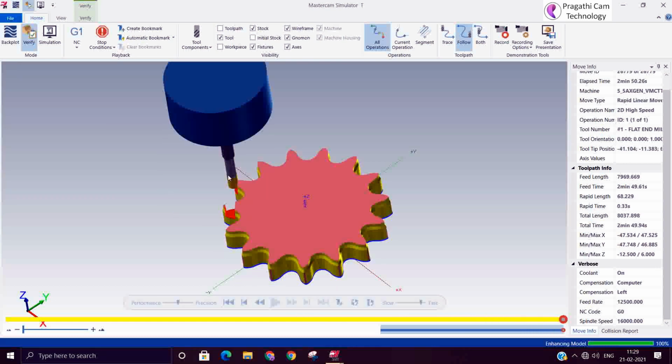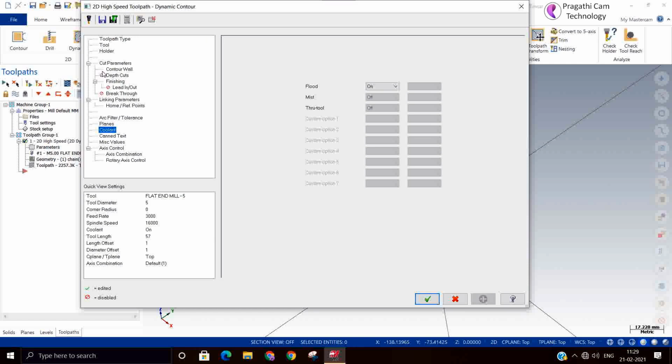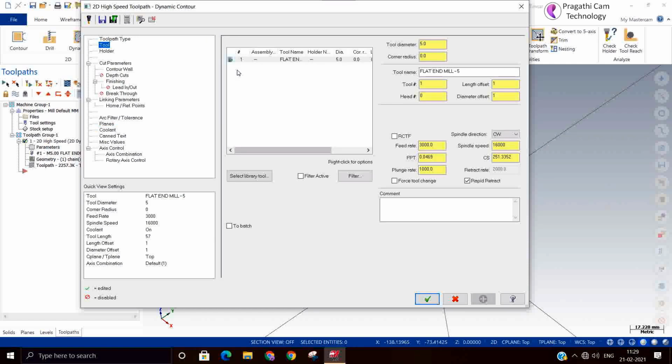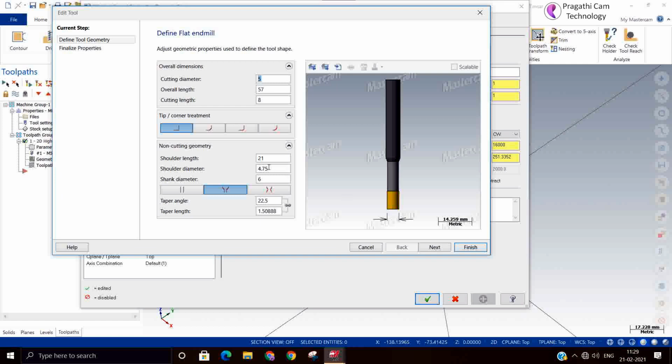Maybe the tool length is not correct. Oh, stock position also, I think, whether I have made it correct or wrong. So, okay, still I will increase it.